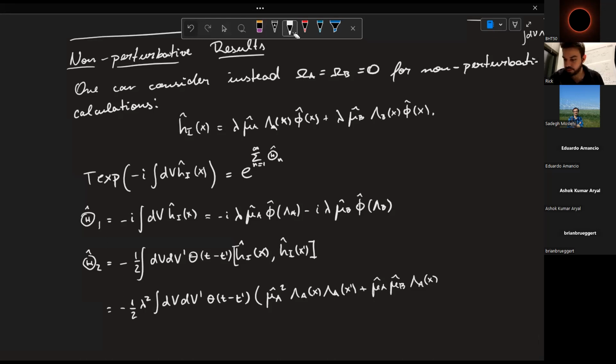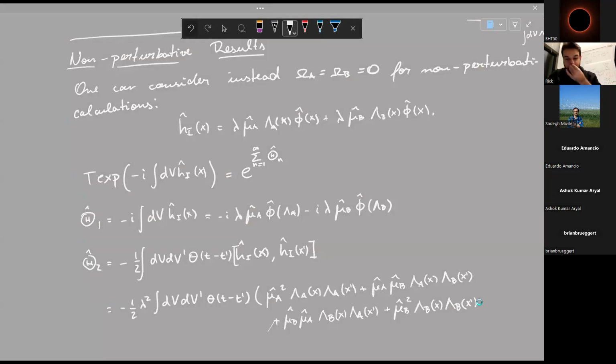Okay. Lambda, so this is the A with the B term in the X prime. Then we're going to have another term, which will be mu B with mu A. But these two commute, they are in different Hilbert spaces, so it doesn't really matter. The lambda B of X, lambda A of X prime. Then we're going to have another term, which is the B with B, which is the mu B squared, lambda B of X, lambda B of X prime. And all of these multiply the commutator of the field